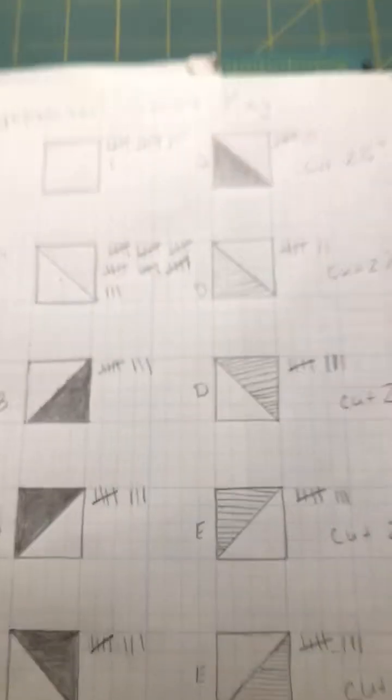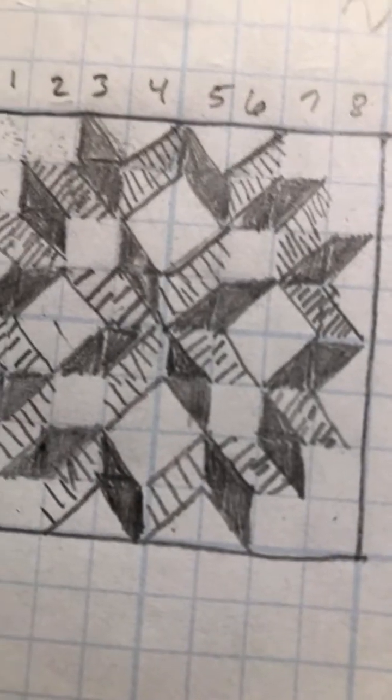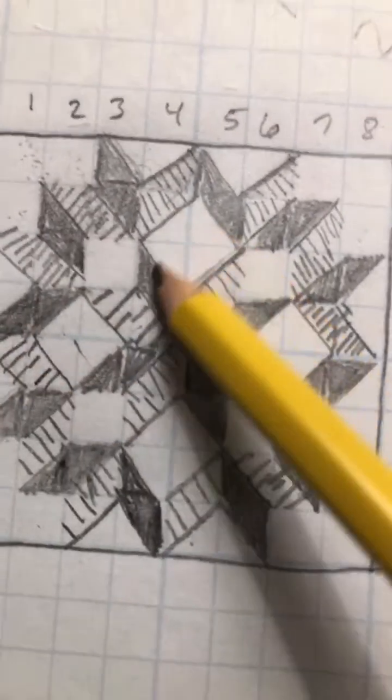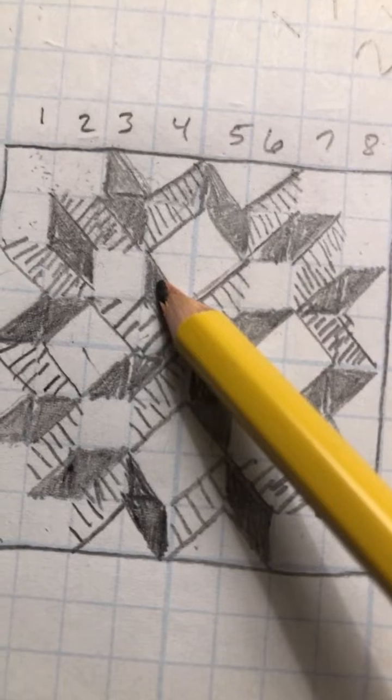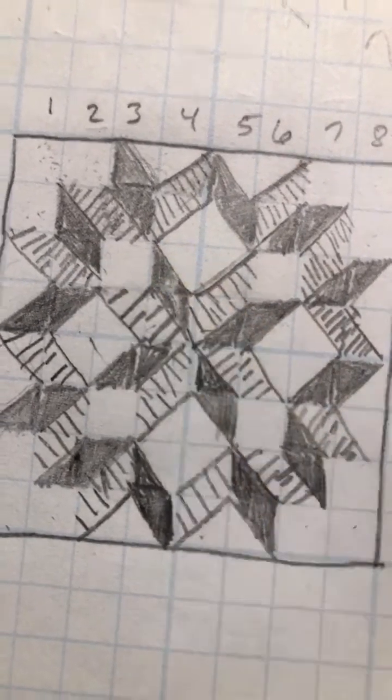And then this block here would be represented right here. That's it in the down, and that's it in the up. Okay? So this is my